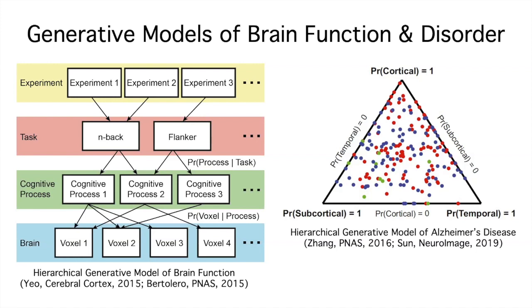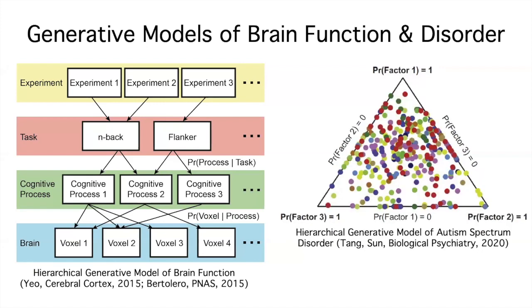So this type of hierarchical Bayesian modeling is quite flexible. Here we apply it to structural voxel-based morphometry data because it is sensitive to Alzheimer's disease. Another student extended the model to deal with functional connectivity data, which allows us to look at autism spectrum disorder. She found 3 factors with distinct patterns of abnormal functional connectivity. And like before, each participant can express multiple factors, which might relate to co-occurring disease processes. Because of limited time, this is not the focus of my talk today. Instead, I'll focus more on brain parcellations and dynamics.